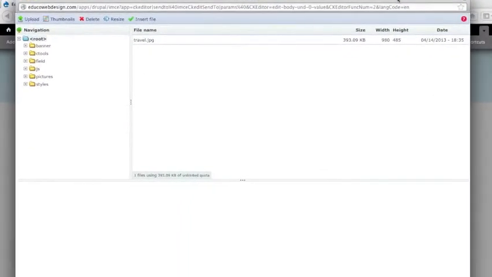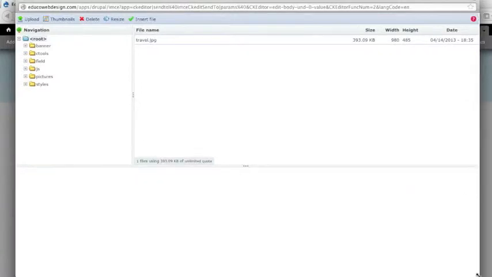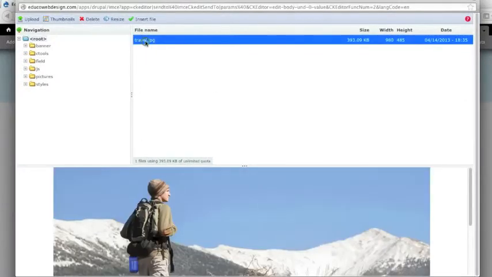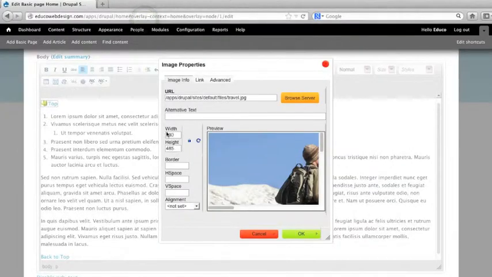And you'll see now that travel image that we had previously uploaded is still in our file list, so I'm going to select that as opposed to uploading it again. I'll just click on it, and then I can see it in my previewer, and then I'm going to hit Insert File. So now it will give us the URL to that particular item, and we can add some alternate